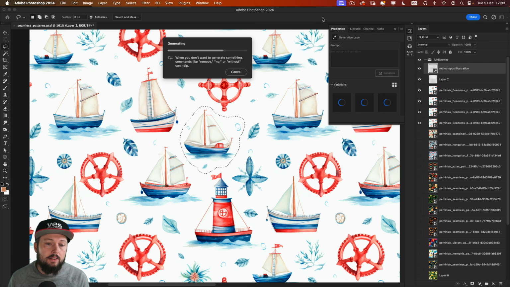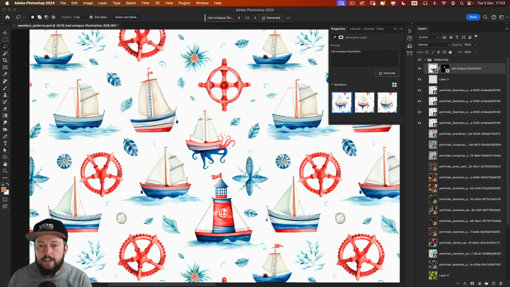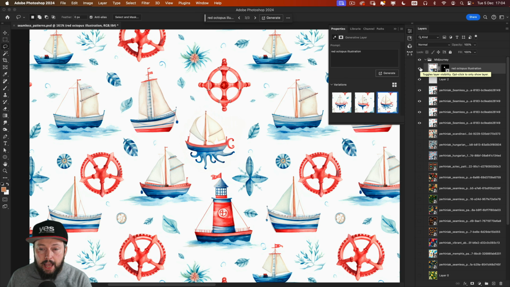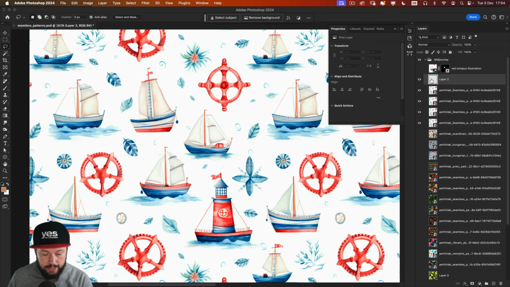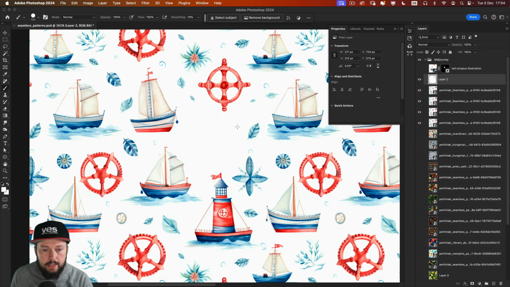Now, this should take into consideration the existing style of the artwork that we have here. And it created an interesting result. It's a boat with some tentacles. Now, that happened because we still had a boat under this selection. So what we can do is to fill in the area under this selection with white before we use the prompt. So I'm going to sample a color from the background and just paint over this area here. So there won't be anything there.